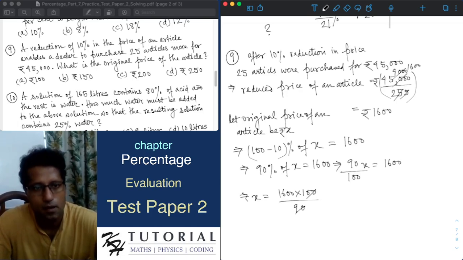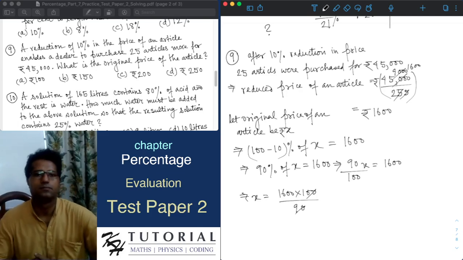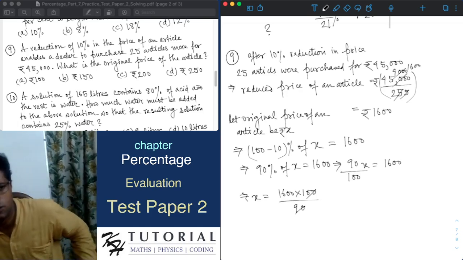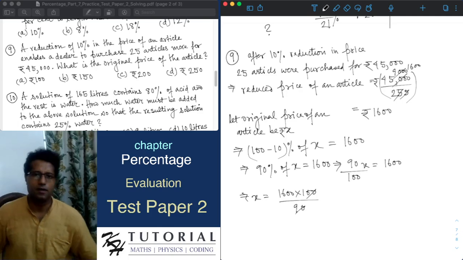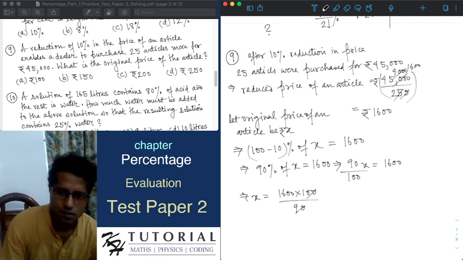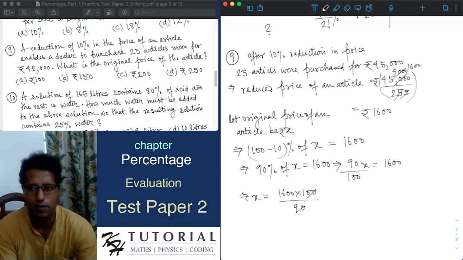So it is saying that a reduction of 10% in the price of an article enables a dealer to purchase 25 articles more for rupees 45,000. So these rupees 45,000 should be the cost of 25 articles, where the cost of the articles is after the reduction. So 25 articles were purchased for rupees 45,000. Which means reduced price of an article should be 45,000 divided by 25, which is